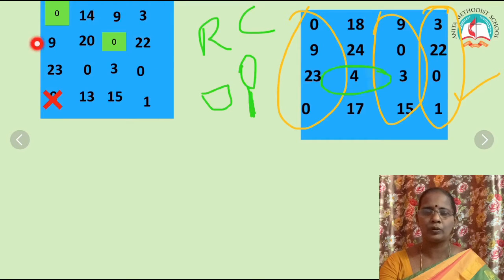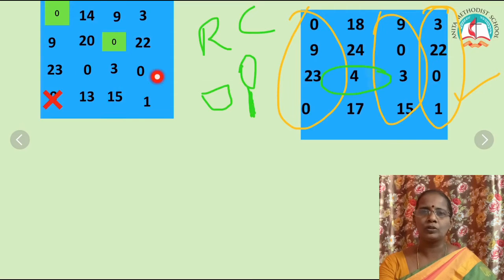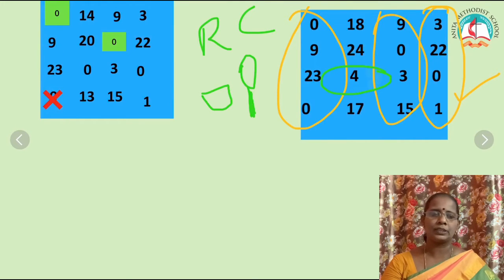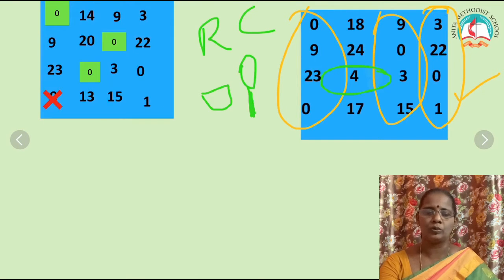And the third row you cannot mark because there are 2 zeros, therefore you cannot mark. And the fourth row, of course, there is no 0, so you cannot mark. Now you move to the columns. The first column is already assigned. Go to the second column, you have only one 0, therefore you mark an assignment. Check in that particular row. There you have another 0, so put a cross over it.